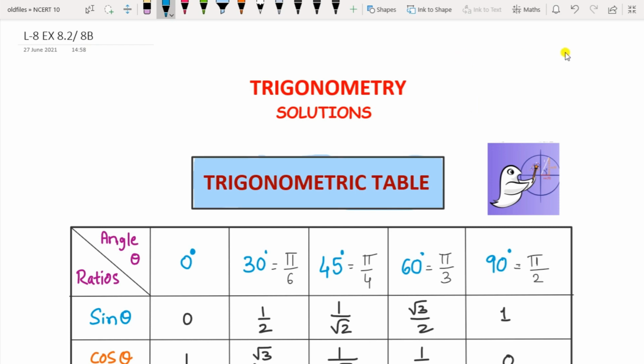In the I link above, I have shared the video of introduction to trigonometry, wherein I have explained in detail all the formulas of trigonometry and how to find the values of the functions of the trigonometric table for a particular angle theta. I have also shown an easy trick, so that you can remember easily the values of the functions.